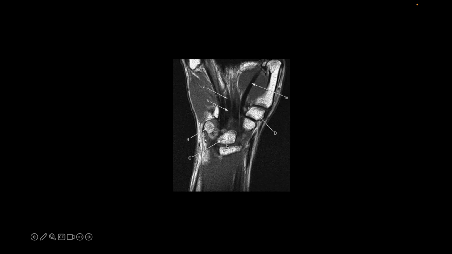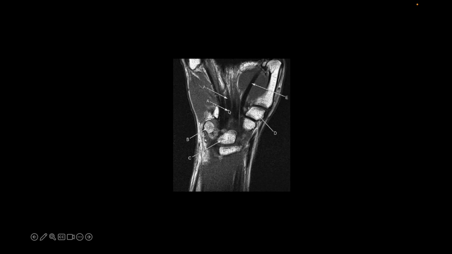So let's start proximal and then go distal. C would be your lunate. You can imagine this would be your scaphoid, partially imaged on this slice, then lunate, and then pisiform. Pisiform is rounder than your triquetrum, and so that's the way to sort of remember it. Pisiform is also more on the volar aspect, so this is more at the flexor side of the wrist, and